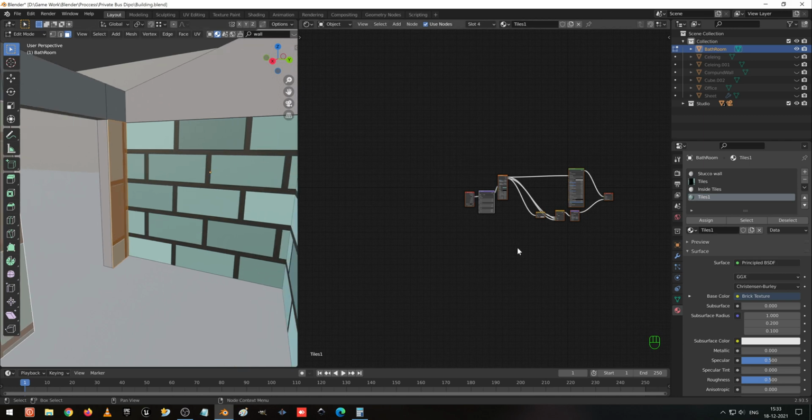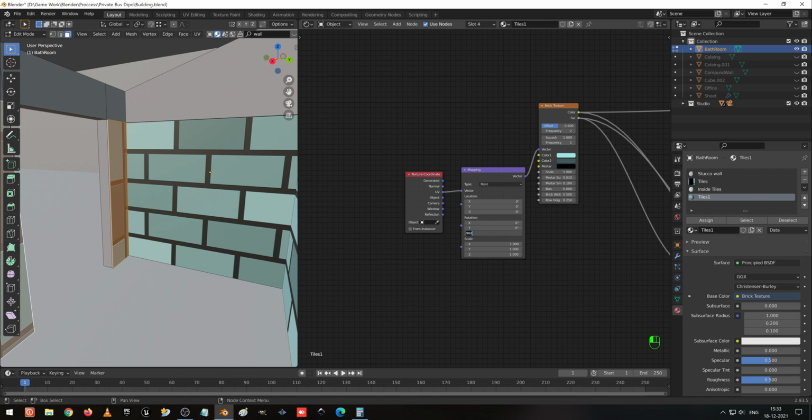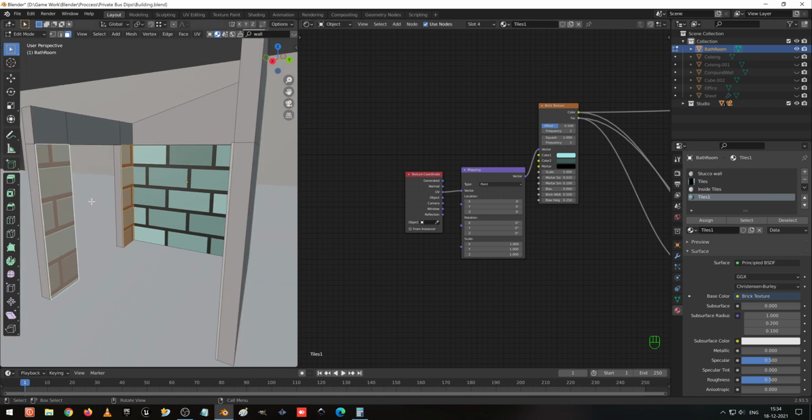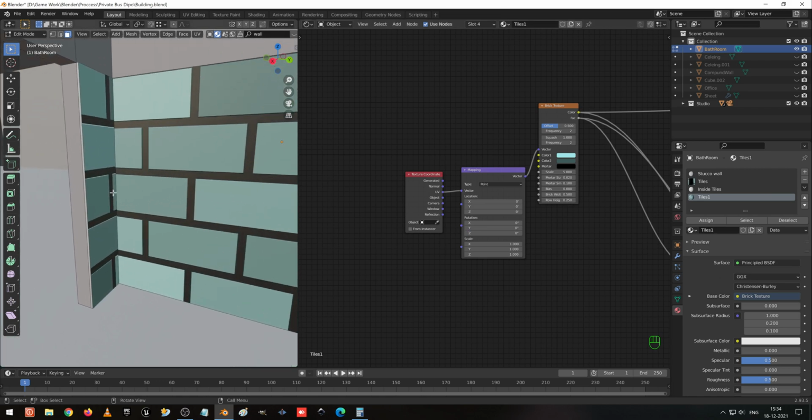So now we can set the rotation to 0. So now it has been aligned perfectly for us.